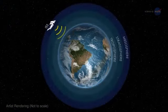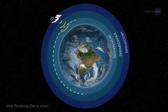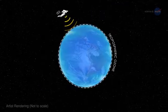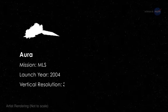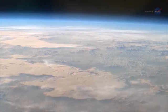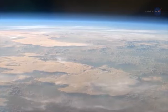SAGE-3 will also measure ozone in multiple levels of the atmosphere, reaching all the way down into the upper troposphere and stratosphere. It will provide a nearly global picture of the tropospheric ozone and features improved vertical resolution over most ozone instruments. McCormick says all of this means that SAGE-3 will provide a very robust and precise characterization of the